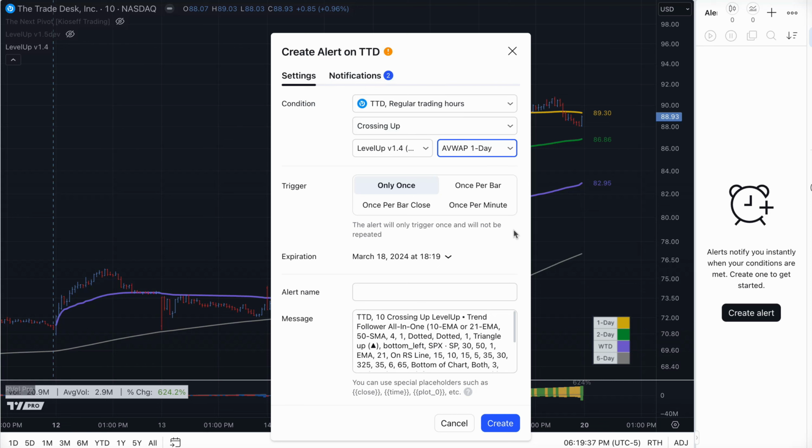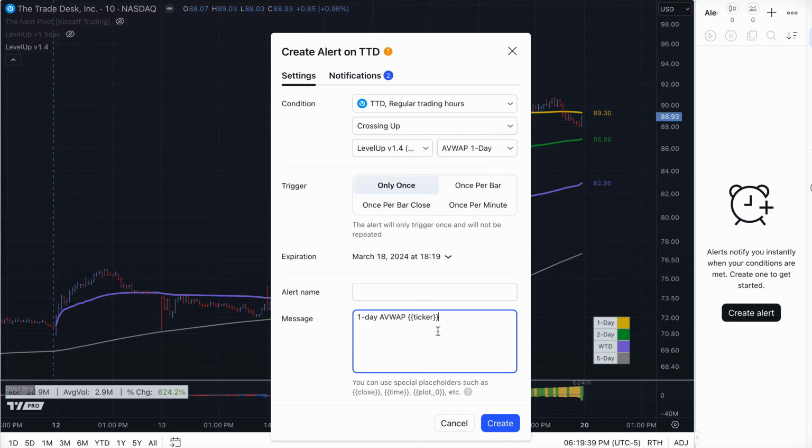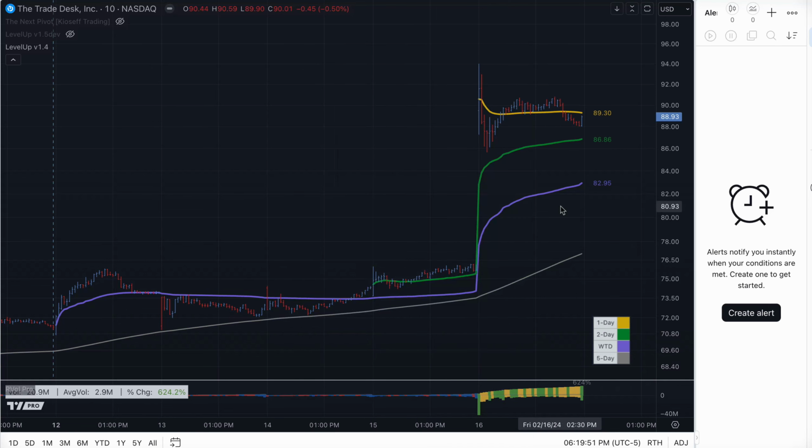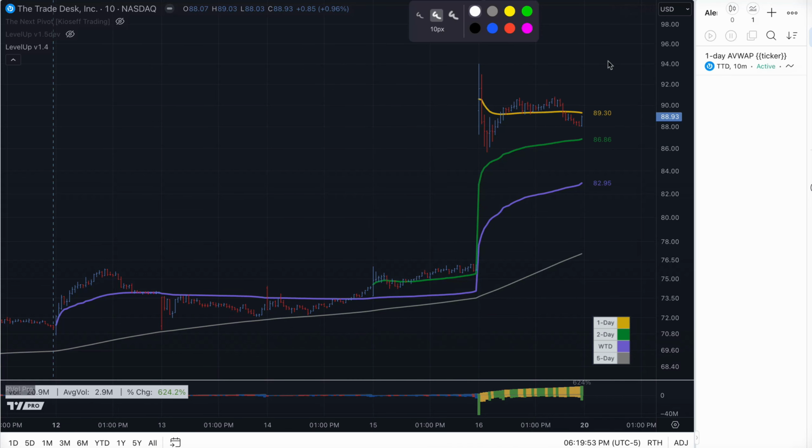on the anchored VWAP on the 1-day, and in here we're going to say our message when the alert occurs, we'll say 1-day anchored VWAP, and this will replace with the ticker for whatever symbol we're looking at where that event occurs. We're going to create that. And if you look over here on the right side, we now have a new alert that shows up in